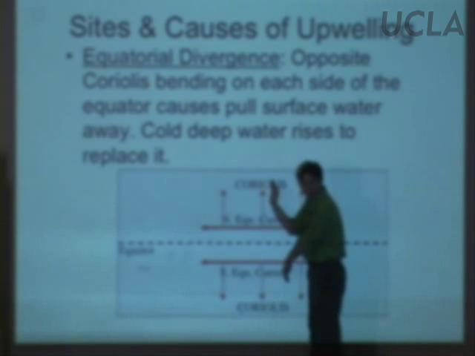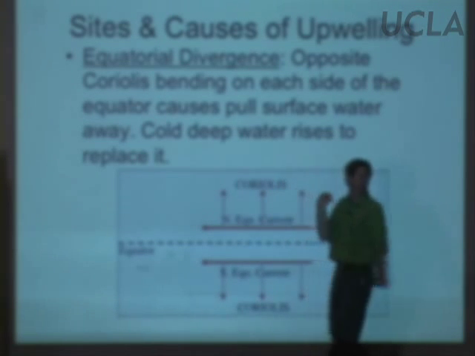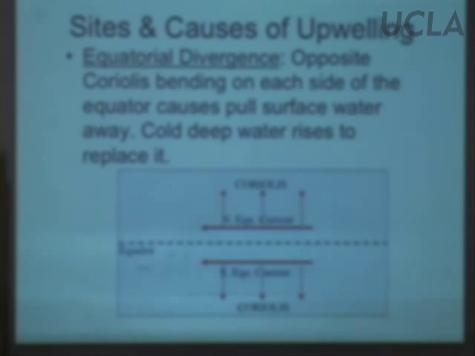So what's happening? We're diverging the surface flows. We're pulling the surface of the ocean away from the equator. And so what's going to happen is, if this is happening intensely enough, it's going to be able to actually pull deeper water up to the surface to replace it. So right along the equator, because Coriolis goes in different ways north and south of the equator, you actually can pull up deeper nutrient-rich water. And you can see this